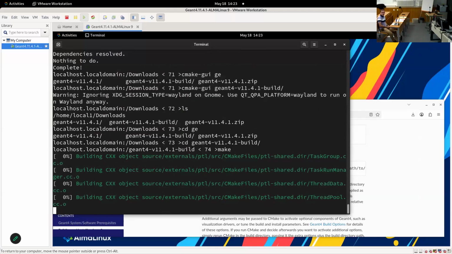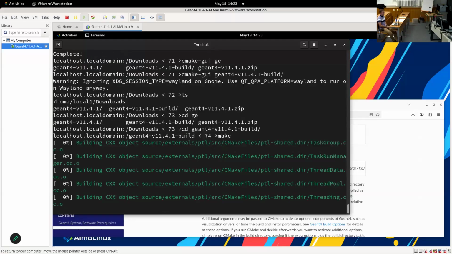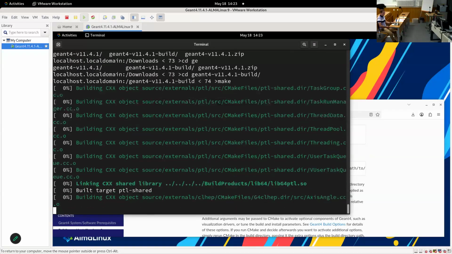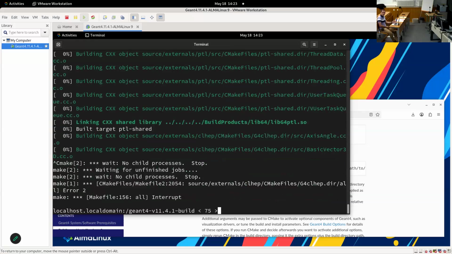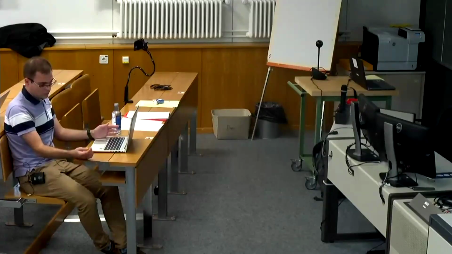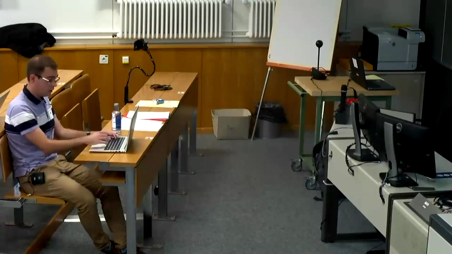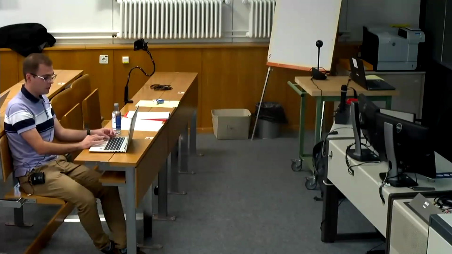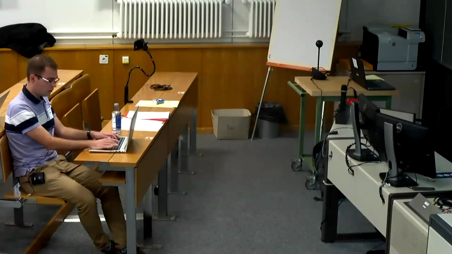Now we can go into the build directory, and we can do simply make to make the project. There are more than 7,000 classes, and it will take on this computer more than 20 minutes to build. So let's assume that it was already built. I forgot to mention that the final products will be copied in an install directory. This install directory is specified by this variable, CMAKE_INSTALL_PREFIX, and we can put here whatever we want. For example,